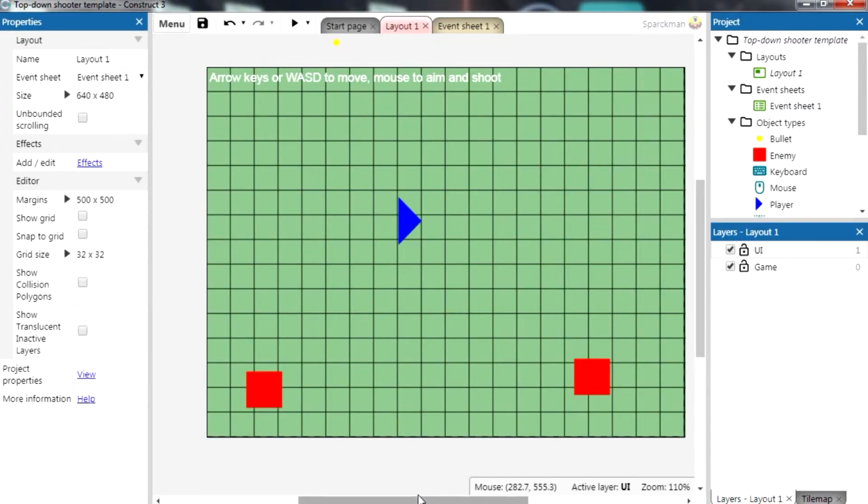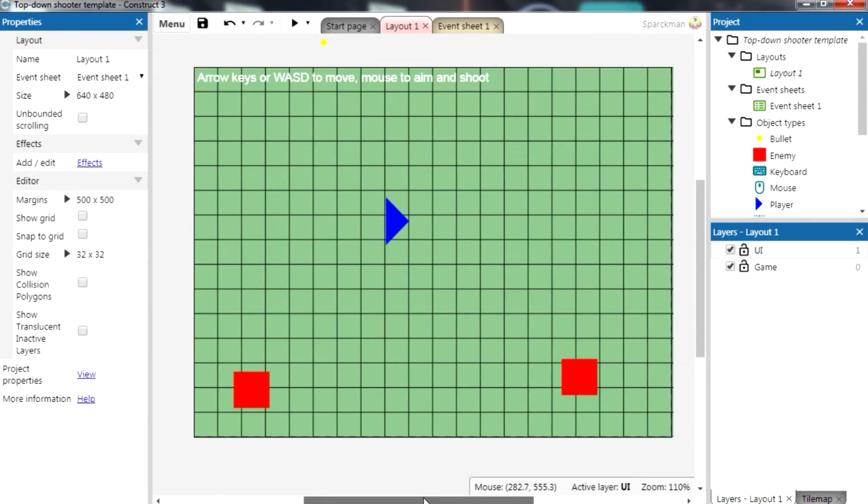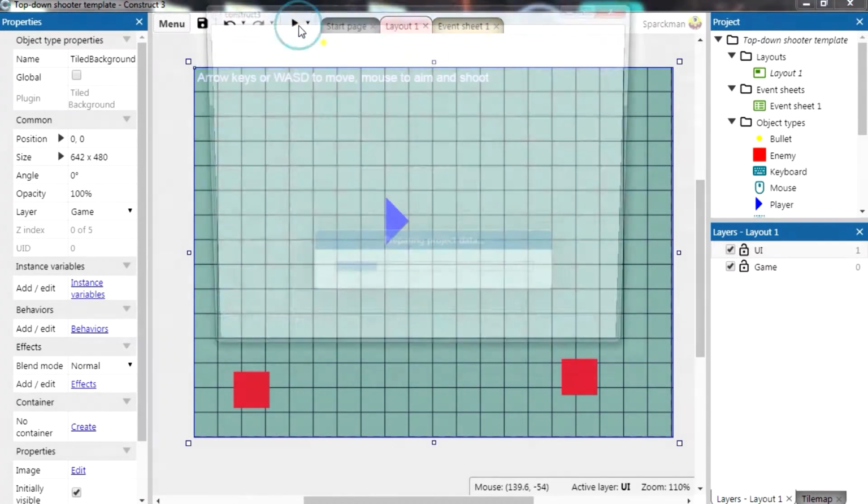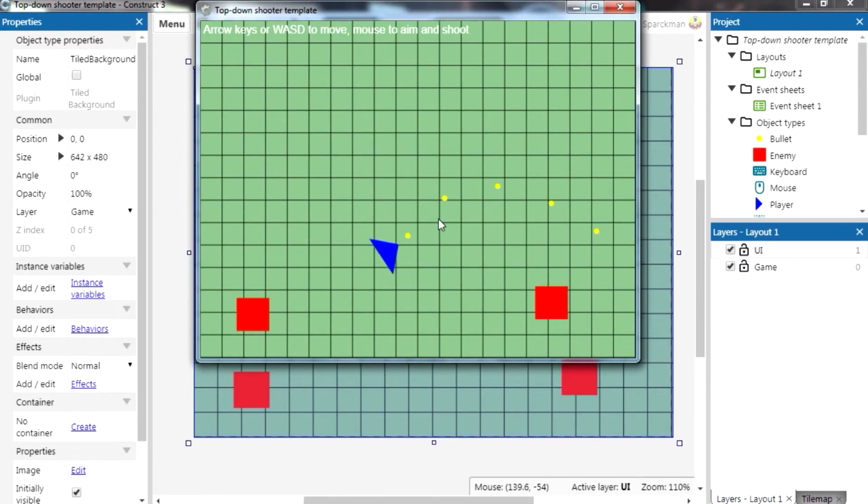Okay, so I have no idea what I'm going to do, so I'm just going to make this up as we go. Let me show you what we've got here. You can see that this is the example where you can control this